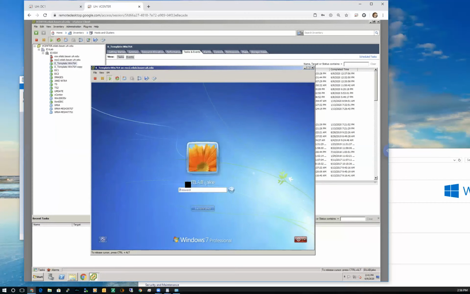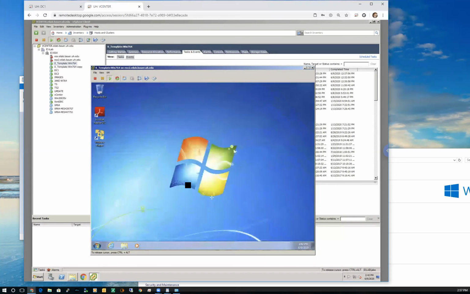Let's see what I was in the process of doing. I was probably in the process of doing all the Windows 7 updates before I started cloning it, which is what I'm going to do. I'm going to clone this template, which is a base Windows 7 computer with hardly any software on it, because you guys are going to be installing your own software on it. I could have put Chrome on it, but I want you guys to download and install Chrome and set up a Google account. So this is what you're going to end up with, is a virtual machine like this.